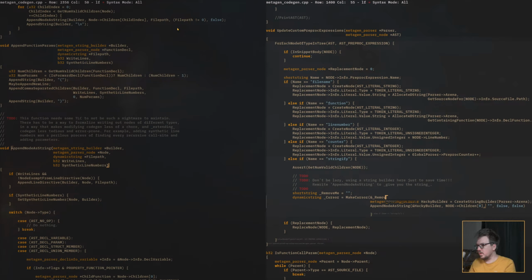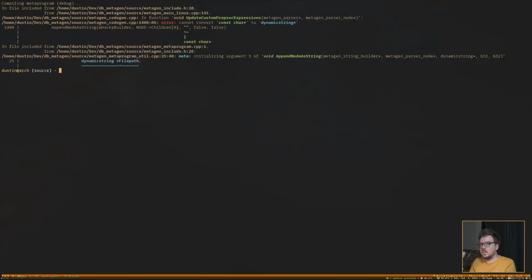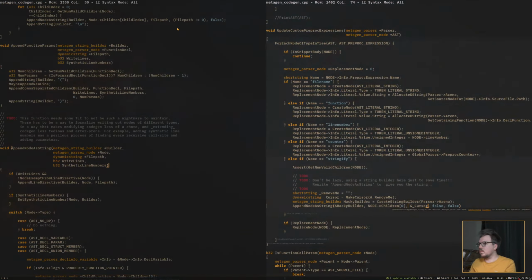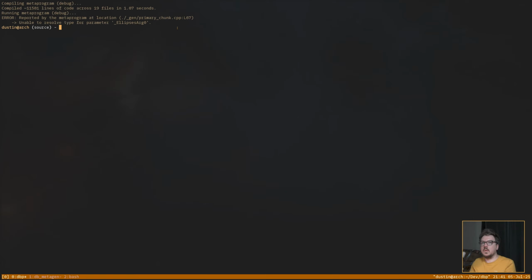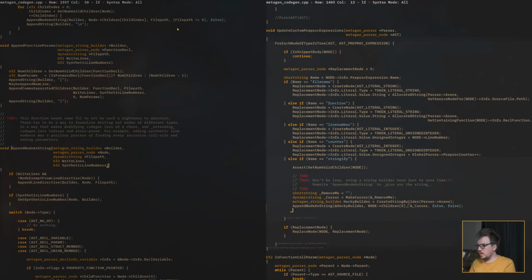I have a to-do cleanup task next, and this is all going away. I just want to see this working. Cursor. I'm missing something. Thank you. Okay, we're compiling now, so let's print this just to make sure that we are seeing it correctly.